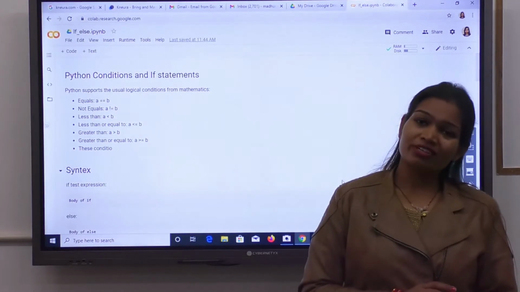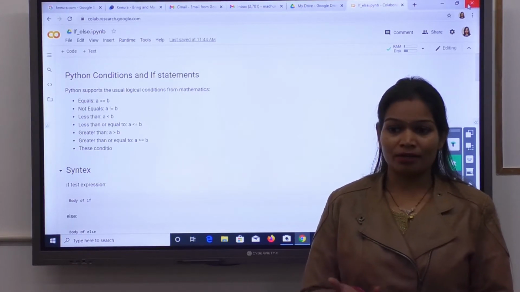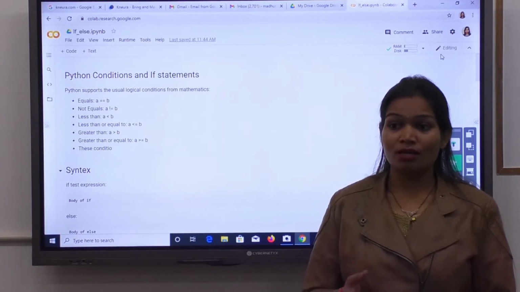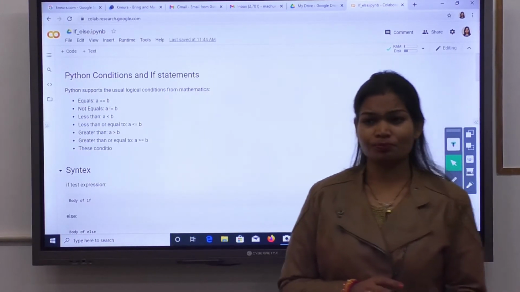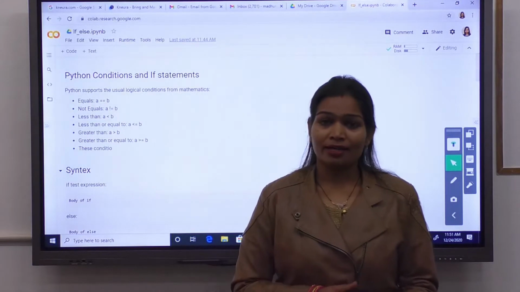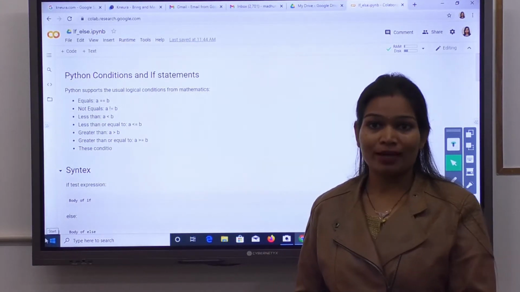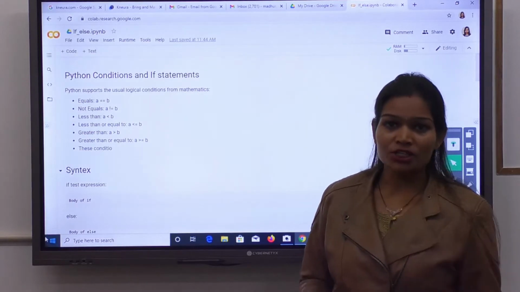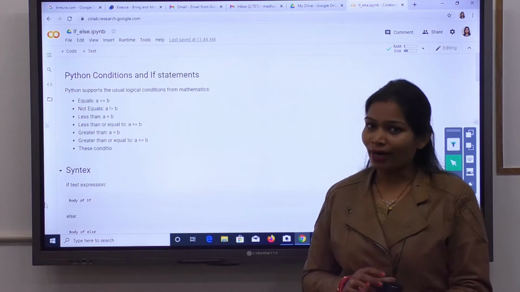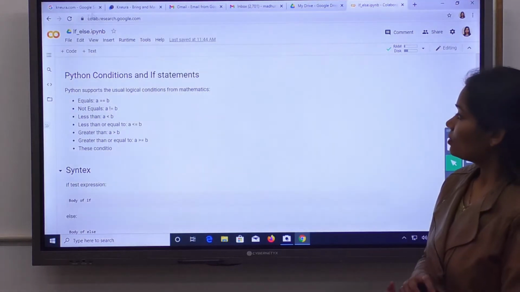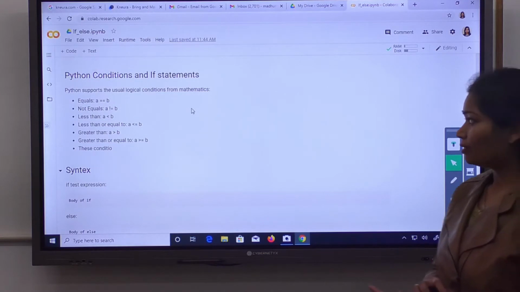Whenever you are facing any conditional situation in real life, suppose that you have some degree and you have to know what designation you can have according to your degree. So there can be a condition like, if you have a BTech degree, then what designation can you get. When you are implementing this type of condition from real life problems, you will require this if else condition. So we all know what logic conditions are in mathematics.